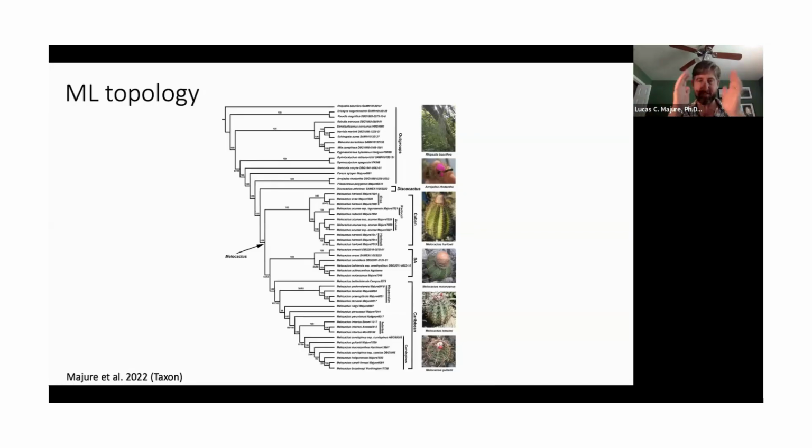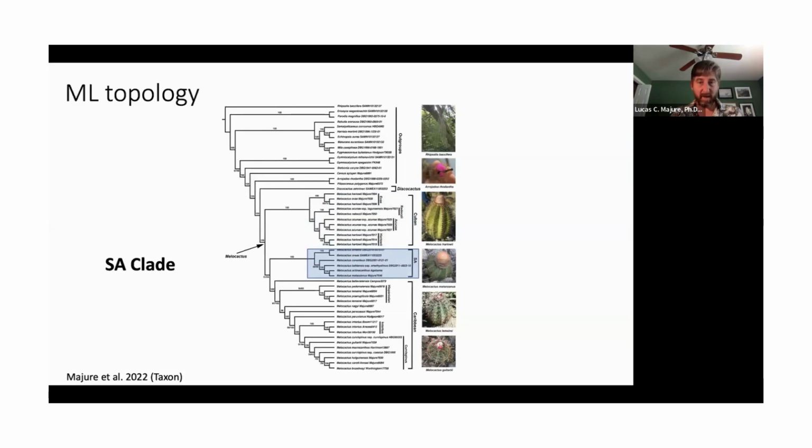And I know this is not something that's terribly easy to read. So I'm going to highlight a few things here for us. This is our phylogenetic tree that we derive from these data. So lo and behold, we have a whole group of species that are from Cuba. So we call this the Cuban clade. So this contains things like Melocactus evi, Melocactus acunai, Radoxi, Harlowi, and a couple of other taxa. And I'll dig into that a little more in just a moment.